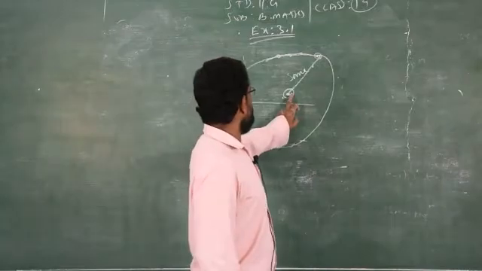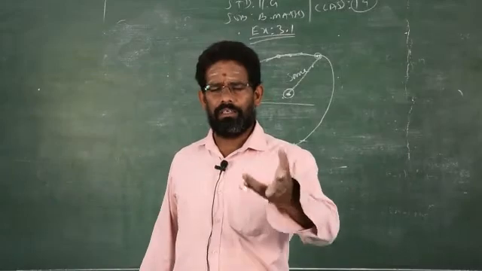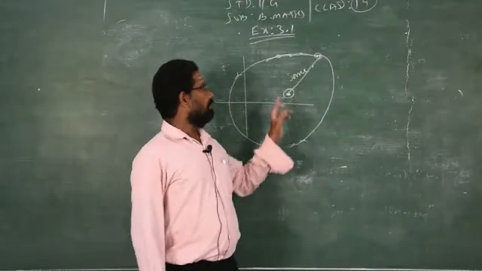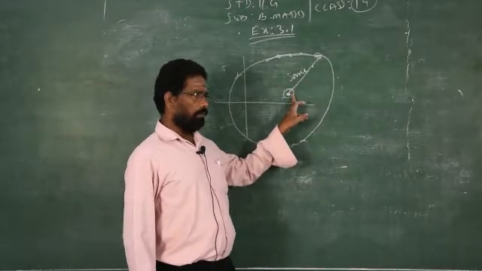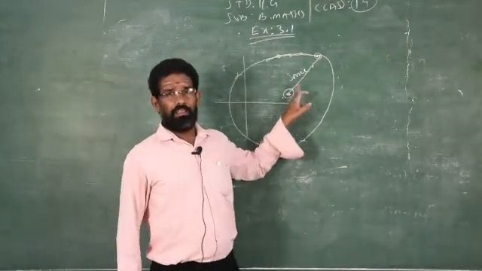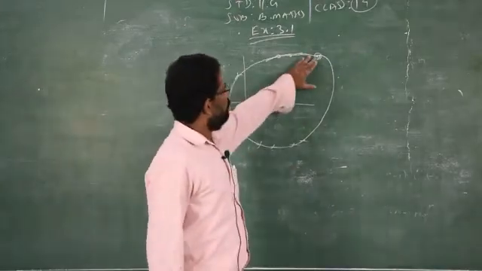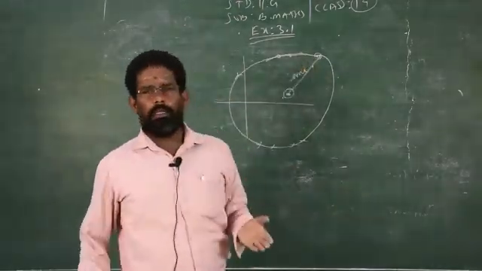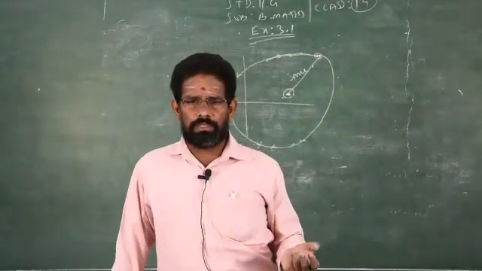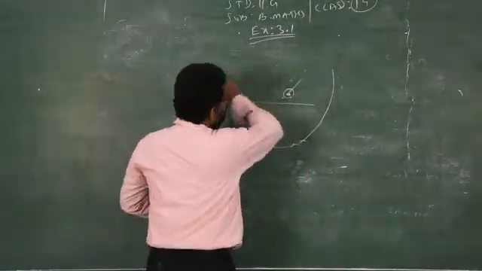When the distance between the fixed point and the moving point is different, that never shows a circle. Locus is nothing but to find out the pathway of the moving point with respect to the fixed point under some conditions. It depends upon the condition; the pathway of the moving point may represent a circle or some analytical diagram like parabola, ellipse and the straight line. Clear? So this is the concept of chapter number 3.